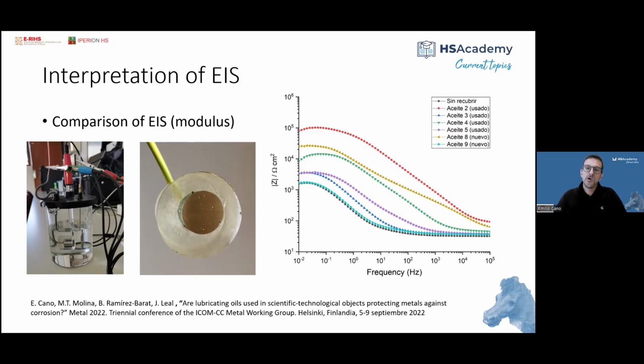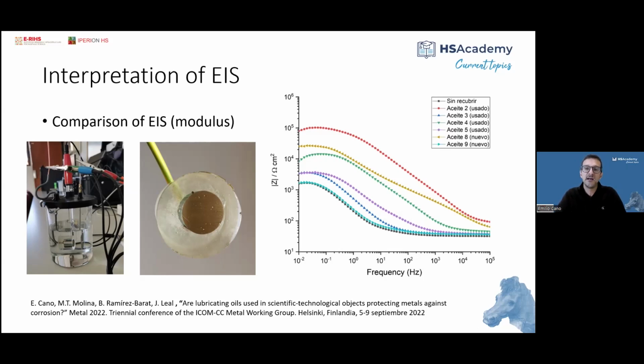The impedance we have at the lower frequencies is the impedance of the whole system, the sum of the impedances of the different elements. In this case, what we are measuring, in the example I am presenting here, is the protective properties of different oils that were used in scientific technological objects. This is work that was presented at the ICOM-CC Metal conference in Finland in September 22. So we compared different oils,